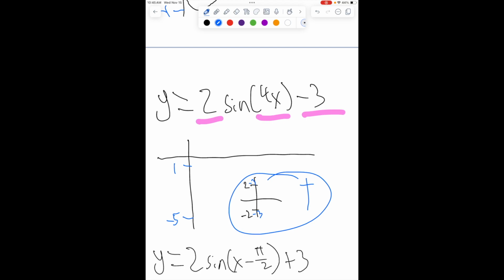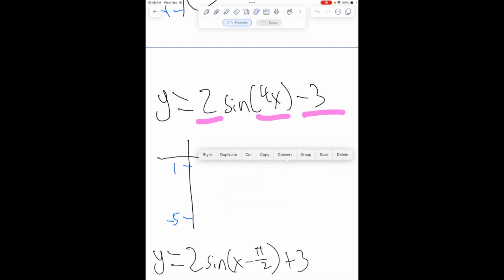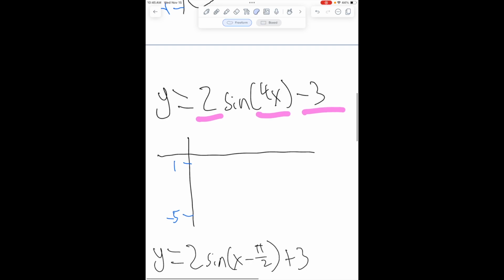Oops. Let me get rid of this. All right, so that's going to help me take care of my amplitude. Now I've got to deal with my period. I'm going to say, all right, that new period is